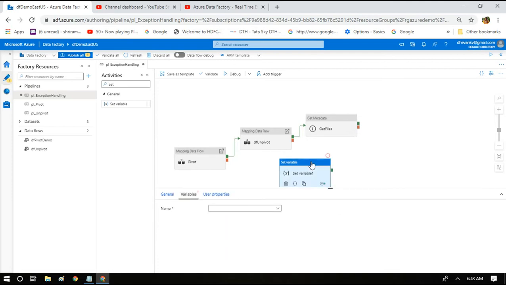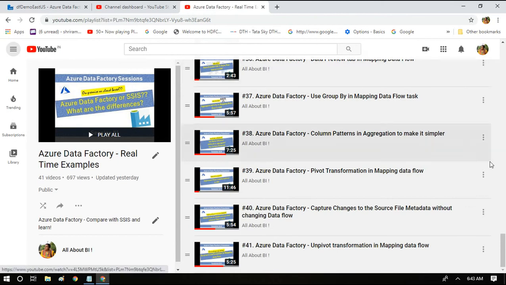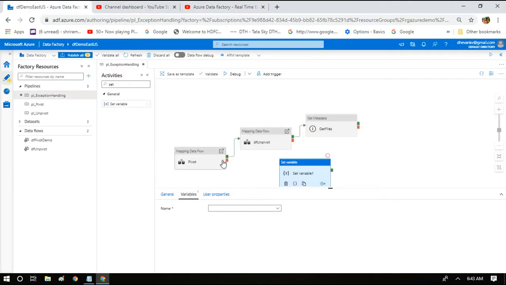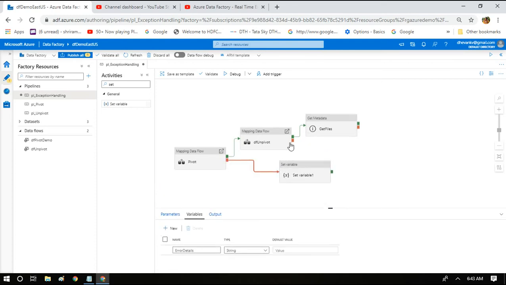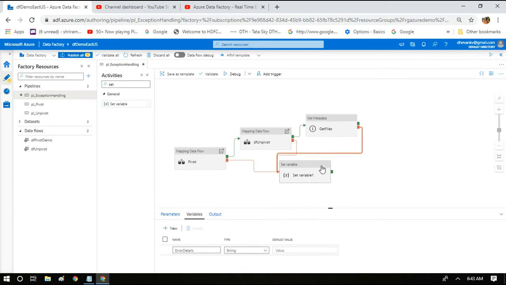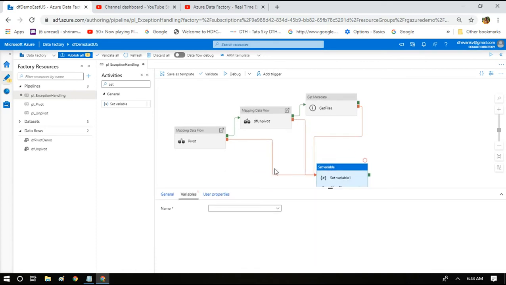If you want to learn more about the Set Variable activity, please go through my playlist, wherein we have covered append and set variable in session number 16. Coming back, what I told you was we are going to connect this red connector to the Set Variable activity. This is how we do it in SSIS. We connect the red dots to the activity which is capturing the error,